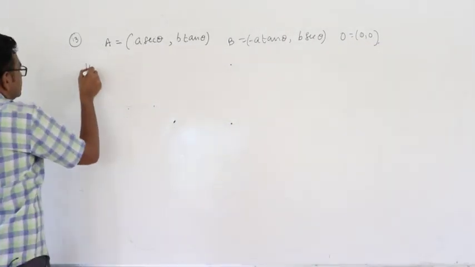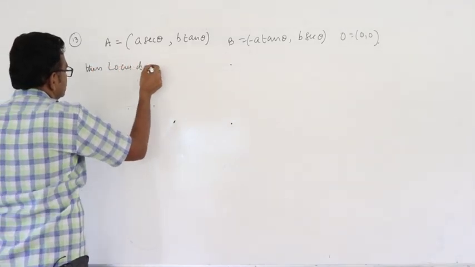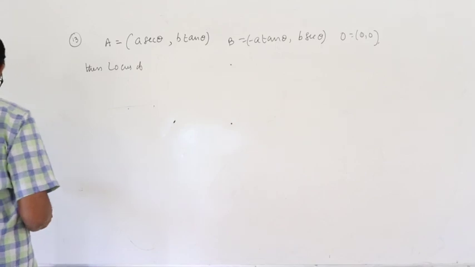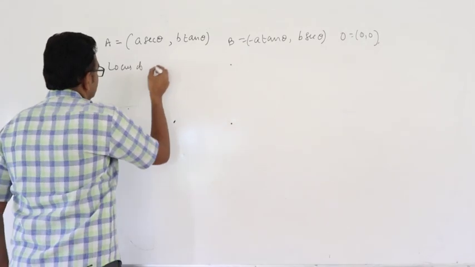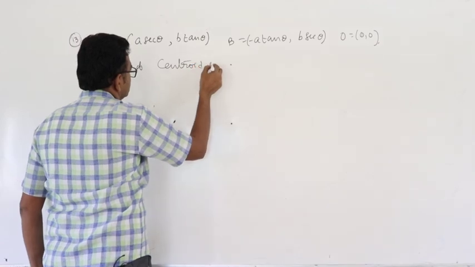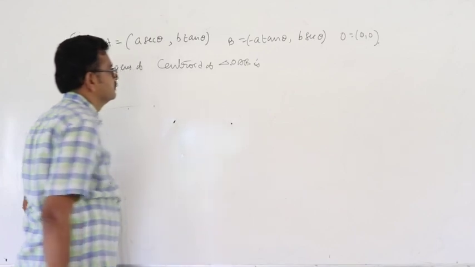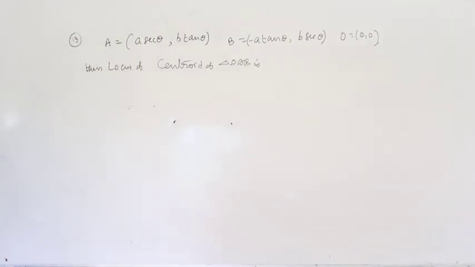Then the locus of centroid of triangle OAB is